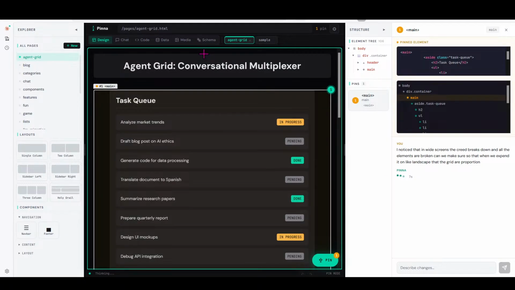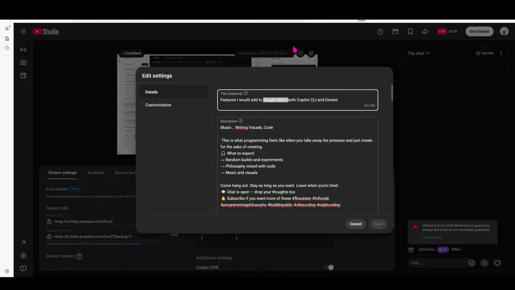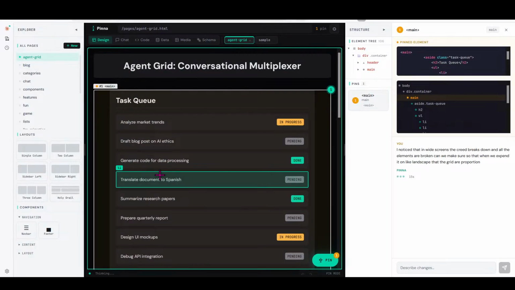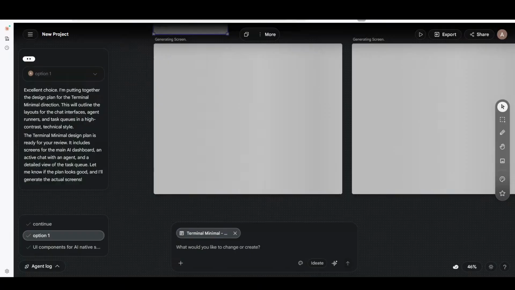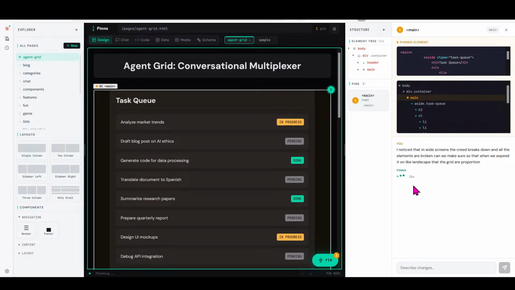So let me go back to, let me just do a little update on the YouTube. Okay, now it's loading. Is Stitch still loading? Yes, it is still loading. While this is loading and our changes are ready to be made, I'm going to go take a look at